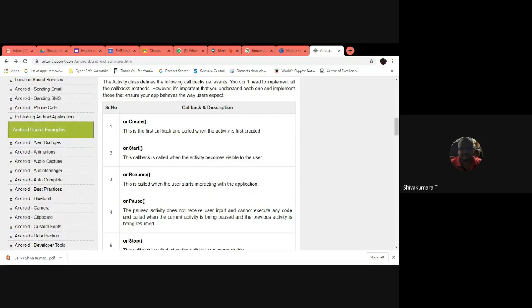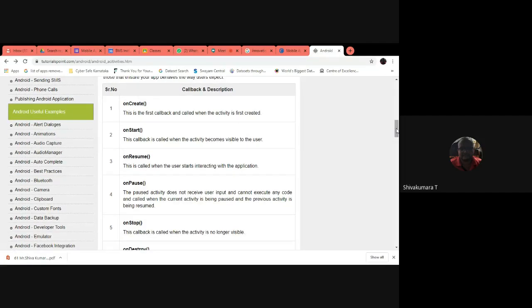Then onPause: the paused activity does not receive user input and cannot execute any code, and it is called when the current activity is being paused and the previous activity is being resumed. It is similar to the thread concept in Java: if one thread is running, another has to wait to complete the task. In the same manner, onPause works when two activities are running in parallel.